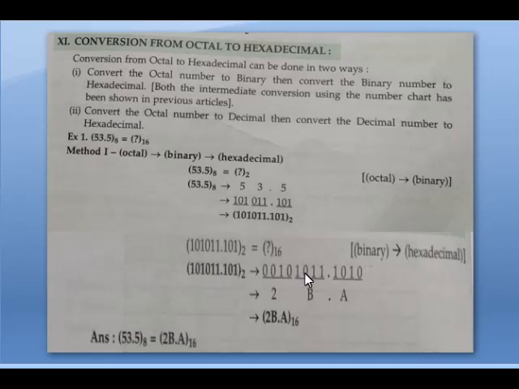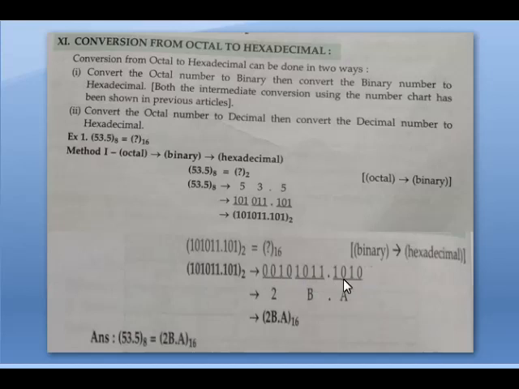So here, 1101 is in one group. The remaining number is 101, so we have to add a zero before the number. This grouping goes from right to left, 101. We want four digits, so put a 0 on the left side. Now we are going to write the hexadecimal equivalent of this binary number.